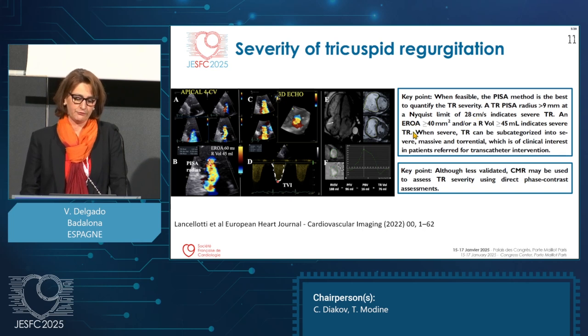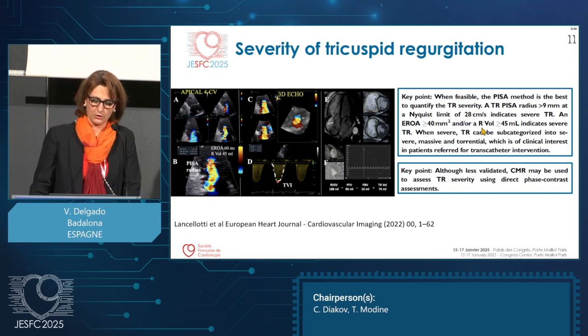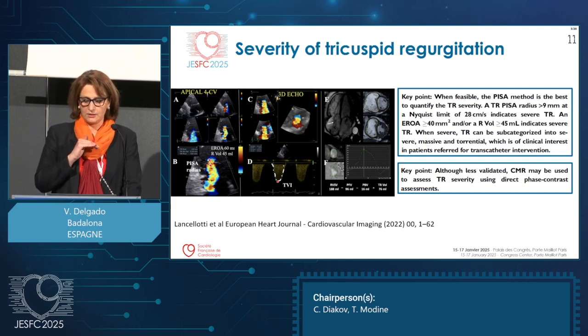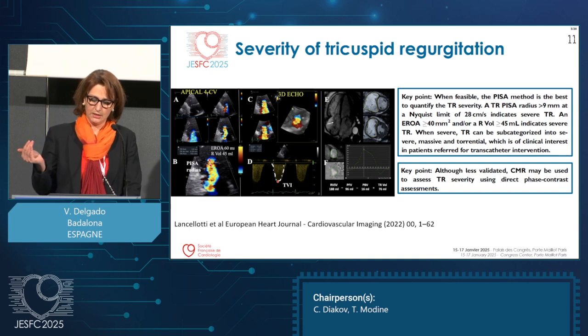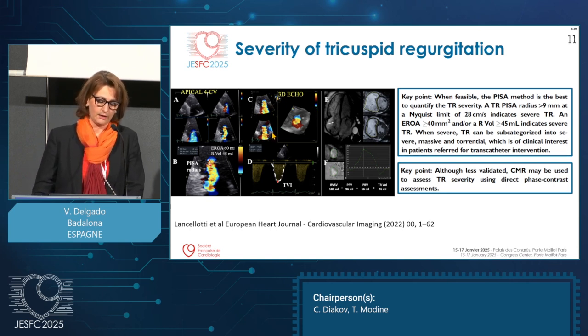And an effective regurgitant orifice area of at least 40 square millimeters and/or regurgitant volume of at least 45 milliliters indicates severe tricuspid regurgitation. And then, once you have reached severe tricuspid regurgitation, it can be subcategorized into severe, massive, and torrential, and we will explain that. And when there is doubt, the guidelines also recommend, whenever possible, to use the 3D